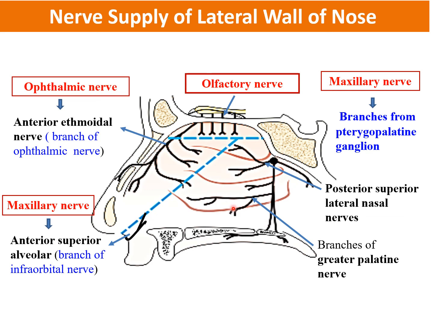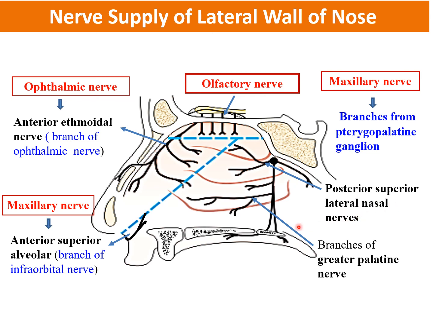Now posteroinferiorly, the maxillary nerve is going to provide innervation here, but through the branches of the pterygopalatine ganglion. The pterygopalatine ganglion has four kinds of branches, right? And they are orbital, nasal, palatine, and pharyngeal. So the branches which are going to the nasal cavity are called posterior superior lateral nasal nerves. Nasal, because they are supplying the nasal cavity. Lateral, because they are supplying the lateral wall of the nasal cavity. Posterior superior, because they are coming from the posterior superior aspect. So the nerve name is posterior superior lateral nasal nerves.